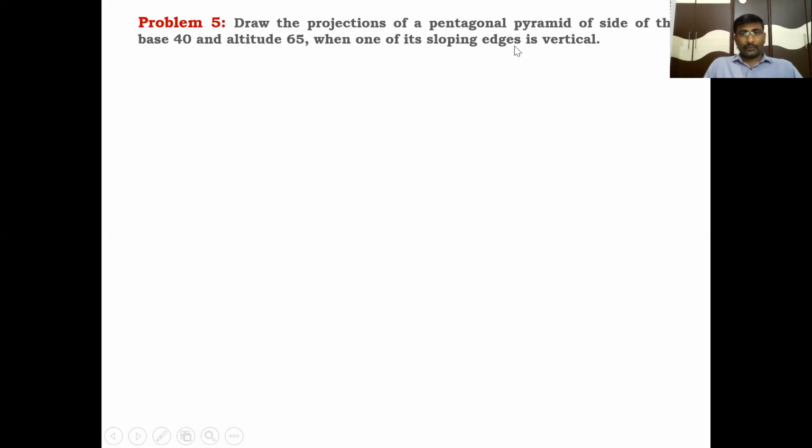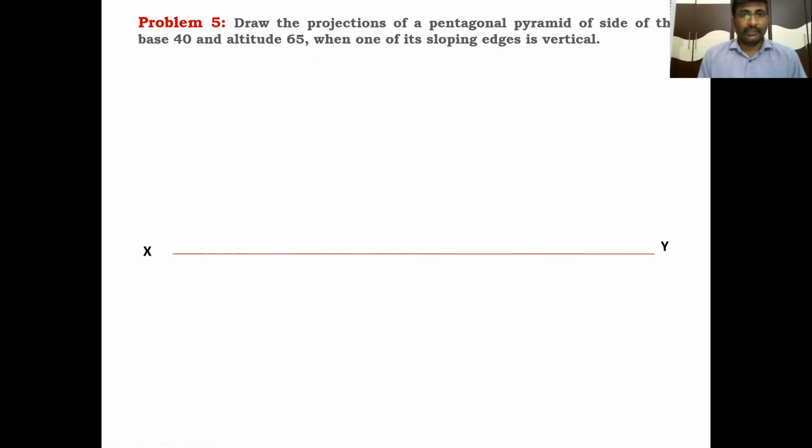When one of its sloping edges is vertical. One of its sloping edges is vertical. Clear? Sloping edge is vertical. Let us start the diagram. This problem I want to explain. Here, one of its sloping edges, the slant edge, is vertical, but actually the sloping edge, when the axis is